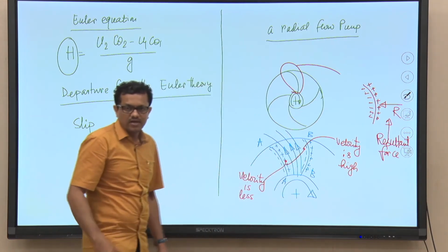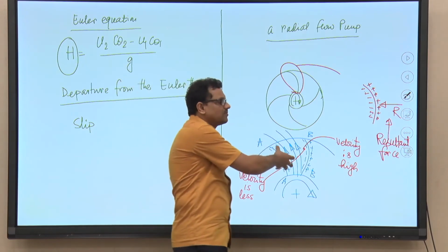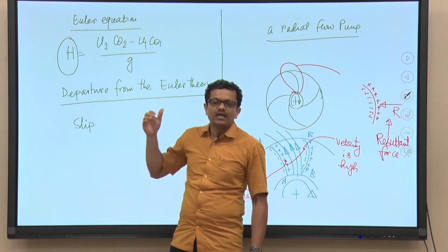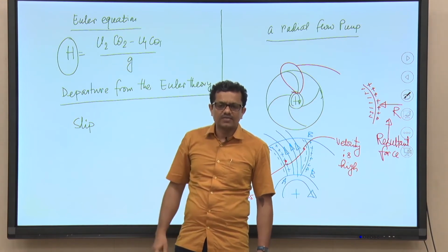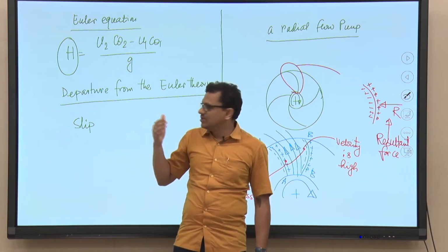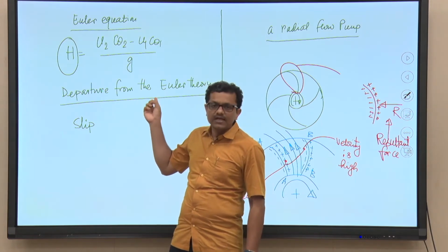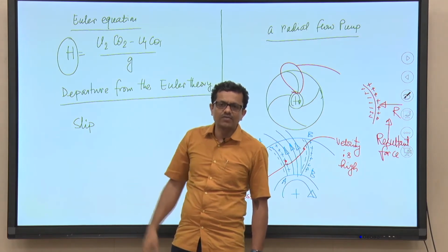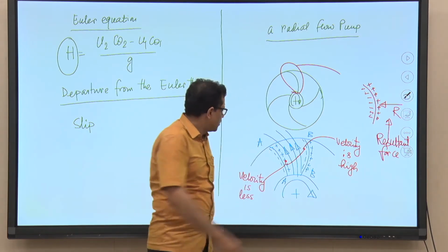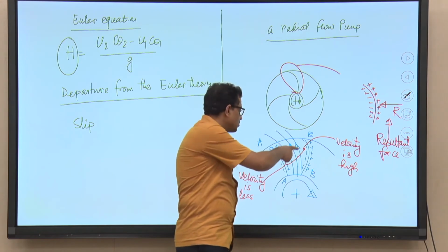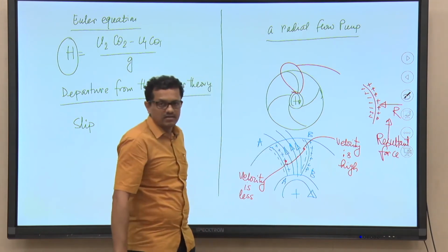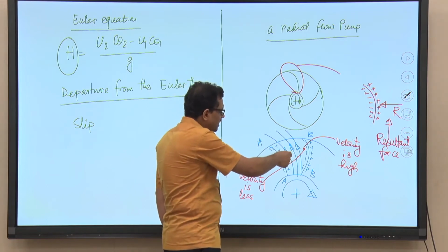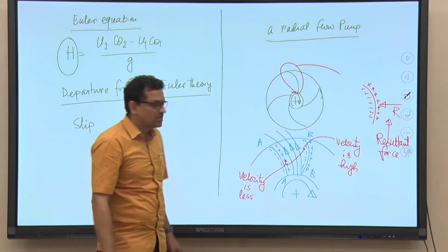in the flow passage. Perhaps this is one of the reasons for the departure from the Euler theory, rather the head predicted by the Euler equation will not be equal to the head that will be achieved in practice. So, one of the reasons is this velocity gradient. So, basically, non-uniform velocity distribution you can see. In the flow field we are having non-uniform velocity distribution.